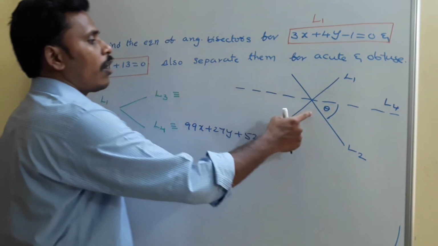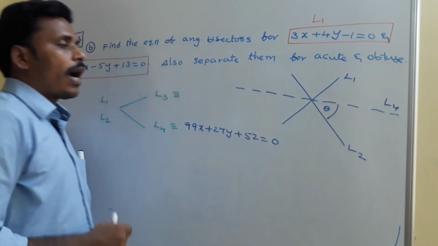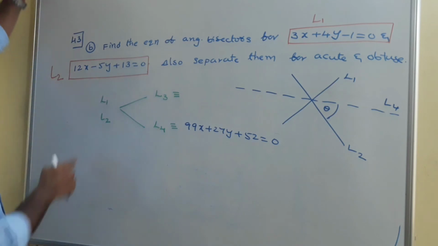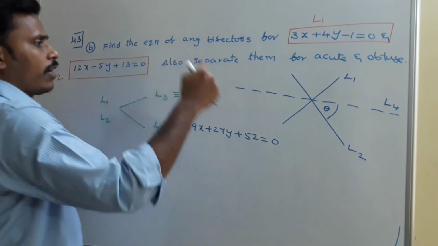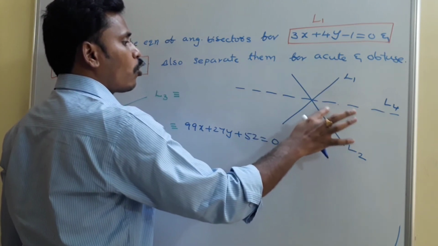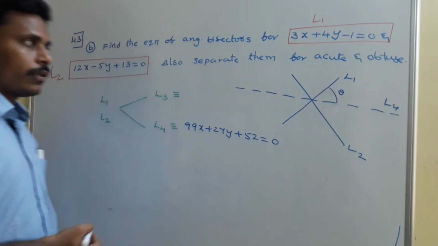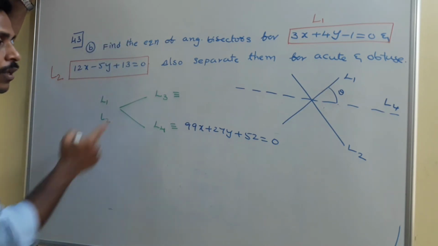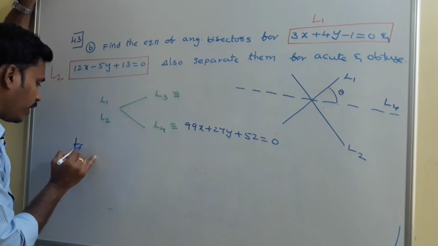Totally, how many angles are there? So many angles are involved here. But what am I finding now? I am finding angle theta, which is in between L2 and L4. L2 is this particular line. Or you may go with L1 also, because the numbers are somewhat simple. No problem, L2 and L4 or L1 and L4. You just find this angle as theta. What is the line equation L1? There I have it. Theta is the angle between L1 and L4. You just find tan theta.